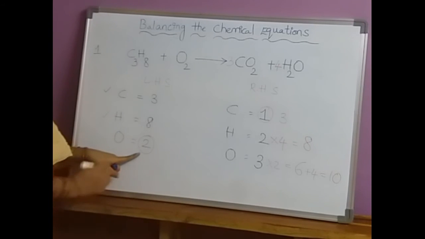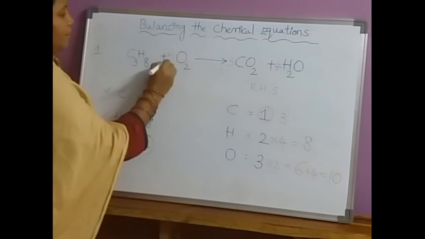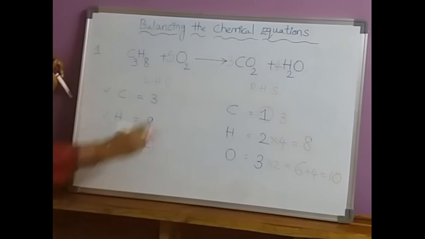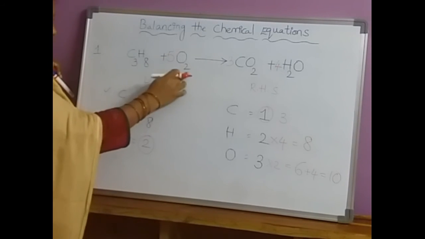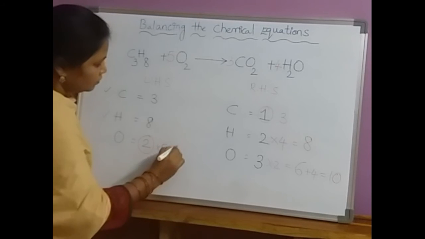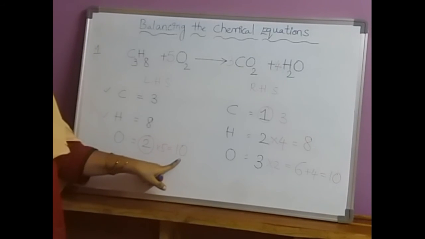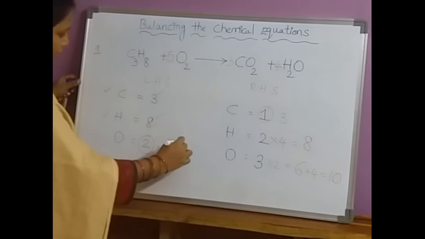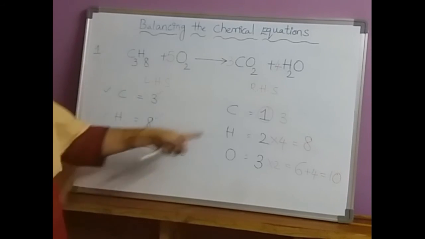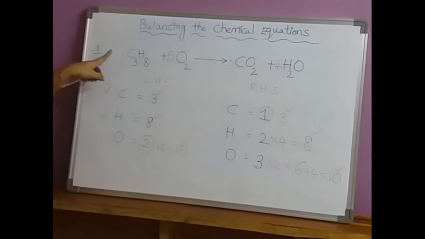So, in order to balance these oxygen atoms also, on the LHS side we have one option: we can write the coefficient 5 in front of the O2. When we write 5 in front of O2, we have to multiply the coefficient with the subscript. So 5 into 2, 10. The new number of oxygen atoms also here became 10. So now once you check, 3 carbon atoms, 8 hydrogens and 10 oxygens towards the LHS side. Now the RHS side also has 3 carbon atoms, 8 hydrogens and 10 oxygen atoms. Now this is your completely balanced equation.